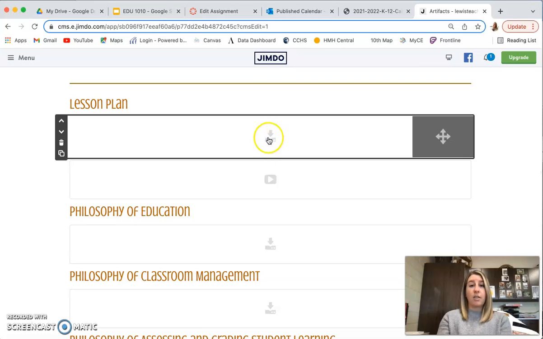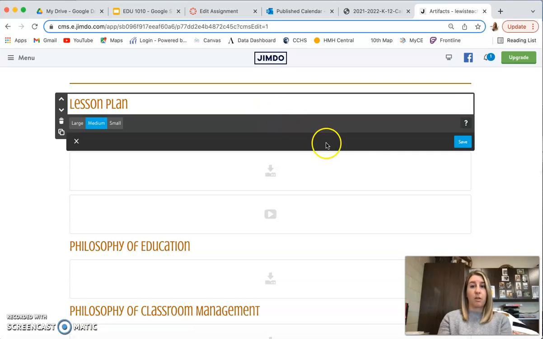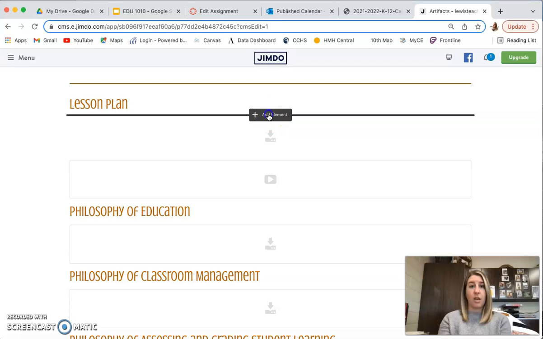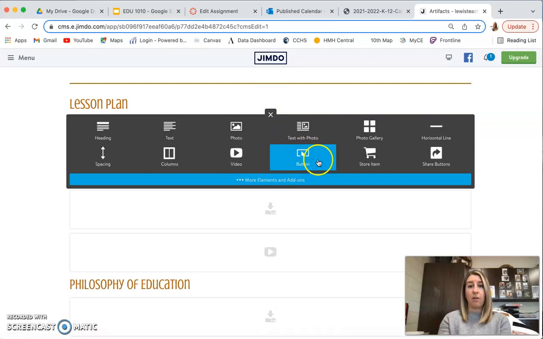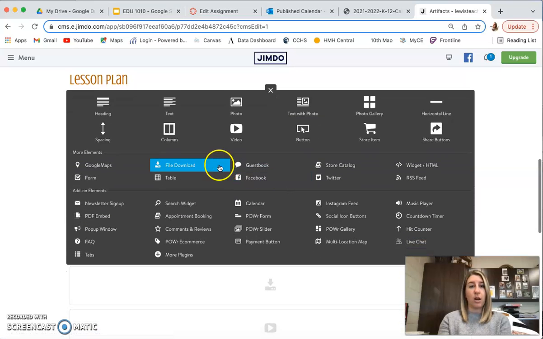Then I've got, oh goodness, let me click on a lot of things. Okay, then you can add element, and for what I have right here is a document. So I did more things that you can add, and then this is a file download where I'm so sorry, where you can add the actual file, like your assignment that you did. So that's that option. If you wanted to do a button, you can do a button